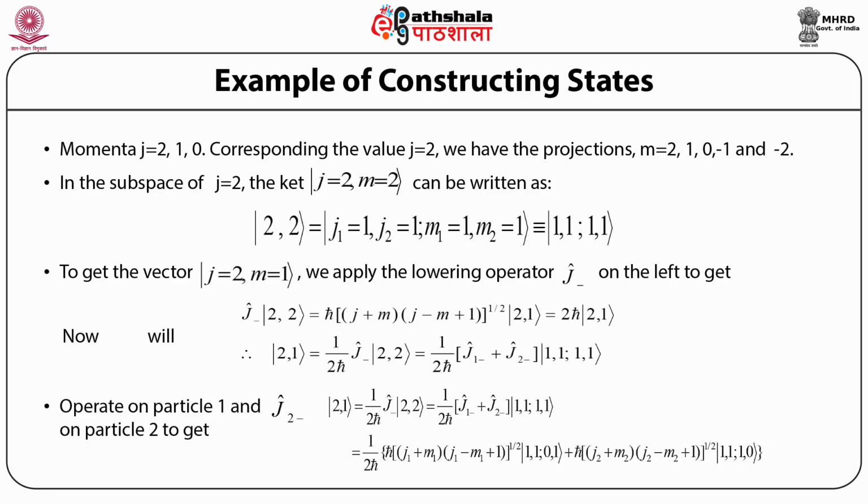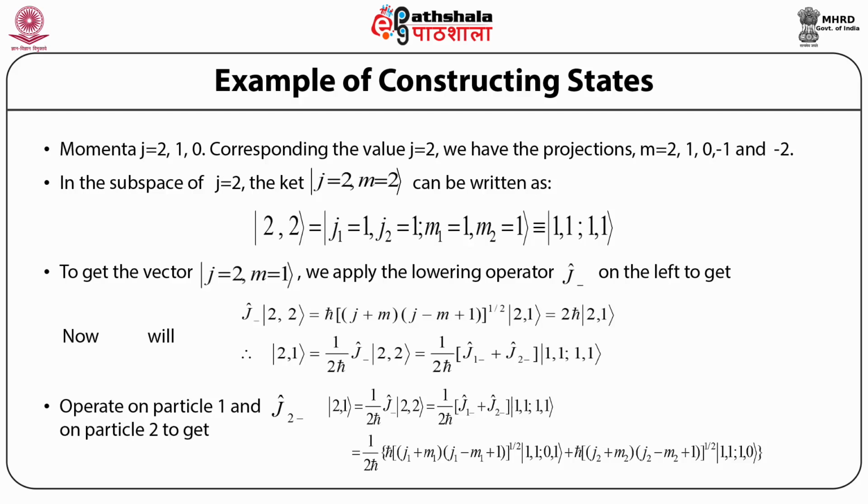So operator j minus acting on the state 2 2 is equal to h cross times under root of (j plus m) times (j minus m plus 1) acting on the state 2 1, where h cross times under root of (j plus m) times (j minus m plus 1) is the eigenvalue corresponding to the lowering operator j minus acting on the state 2 2,